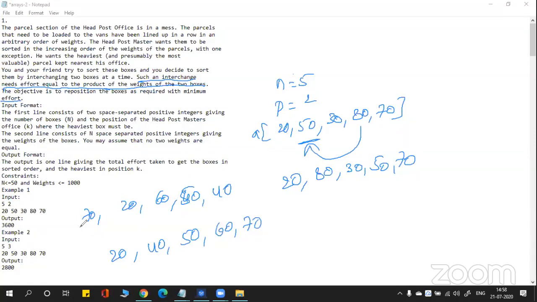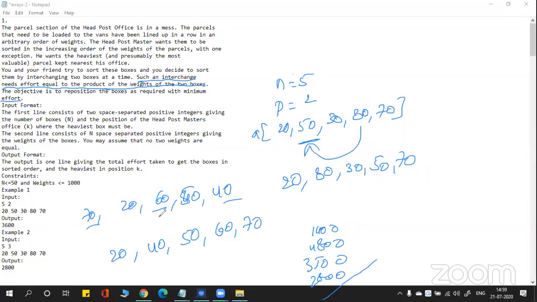Yes, so for this, if you apply the bubble sort technique, 70 will be compared with 20, so these two will be shifted. If these two are shifted, I'll multiply, so 70 into 20, 1400 will be my effort. Next, you'll compare 70 with 60, so 4200 will be my effort. Next, 70 with 50, 3500 will be my effort. 70 with 40, so 2800. This is only to get 70 at the last position. Next, for 60,